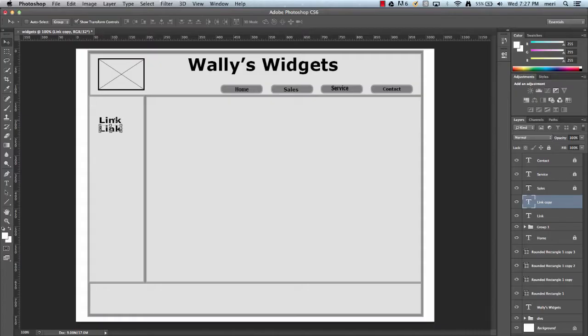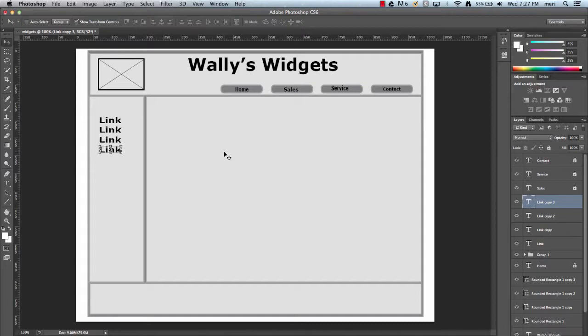And I'm using my Alt and my arrow keys to make copies. Now, if you know what these links are going to be, it's okay to put in the actual words. For this one, it's just a sample that we're going to have links here. In the footer,